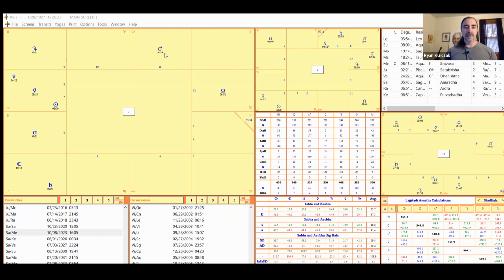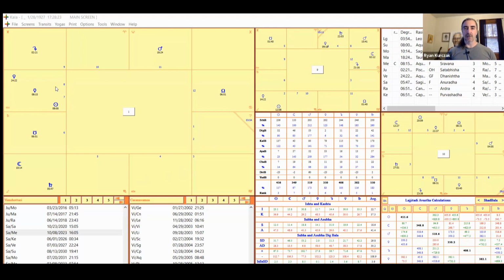Now, if we go from the 10th, or the 10th from the 10th, we're going to come around to Aquarius, where we see the Sun. Now, the Sun and Mars are very similar in some ways. They're both fiery planets. They're very dry planets. They're very good about getting to the point and following one's inspiration. And so we're going to see some confluence there, that the career, the karmic impact is going to have a lot of this